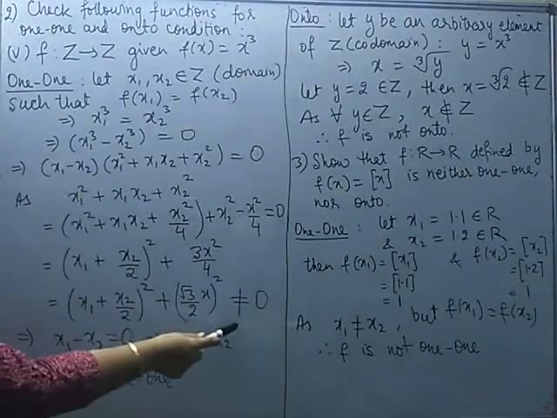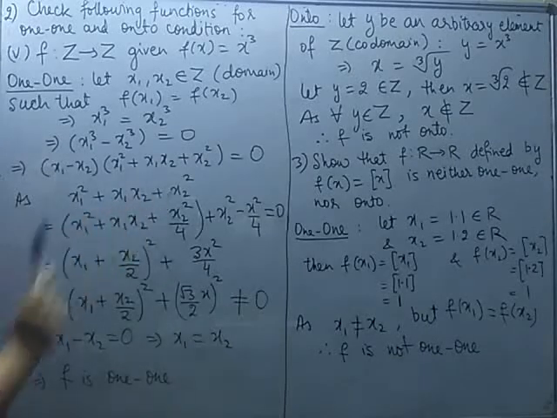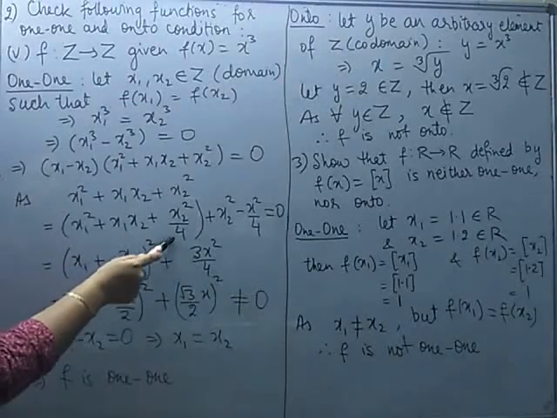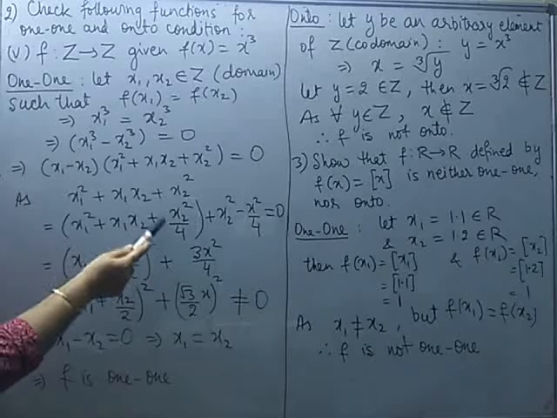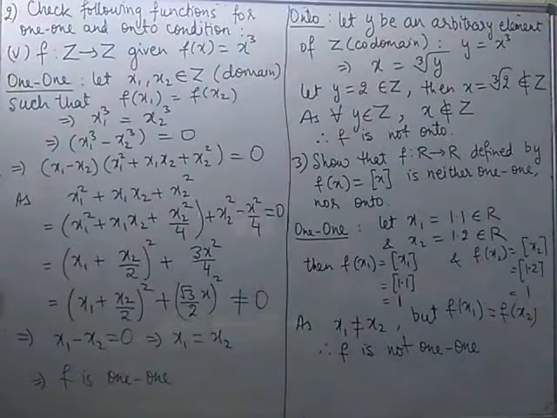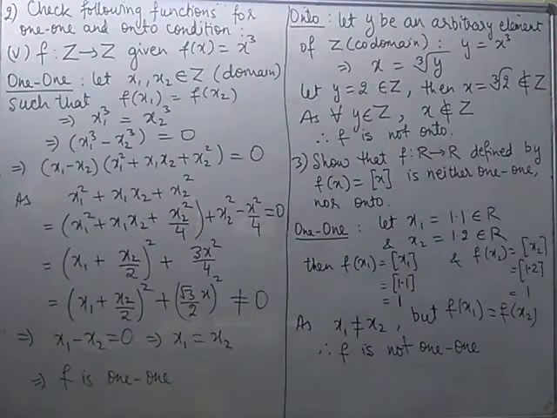I have proved it is not equal to 0. See how it is done. We have x1 square plus x1 x2 plus x2 square. Now in this expression, I have added square of x2 over 4 and the same is subtracted. If you can quickly recall how in quadratic equations the roots were solved by completing the square, the same procedure I have applied over here. I hope you can recall what is added and subtracted in order to convert it into perfect squares.